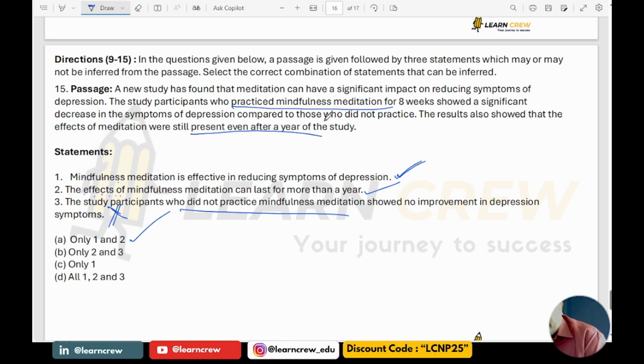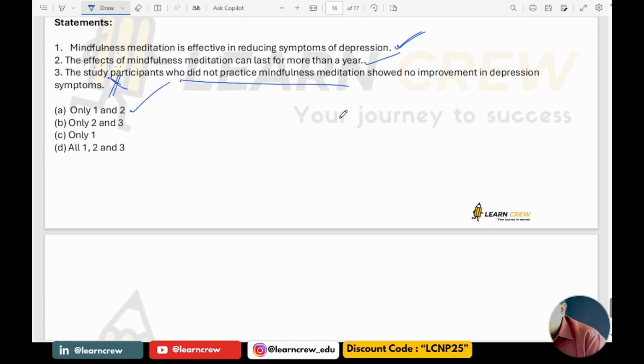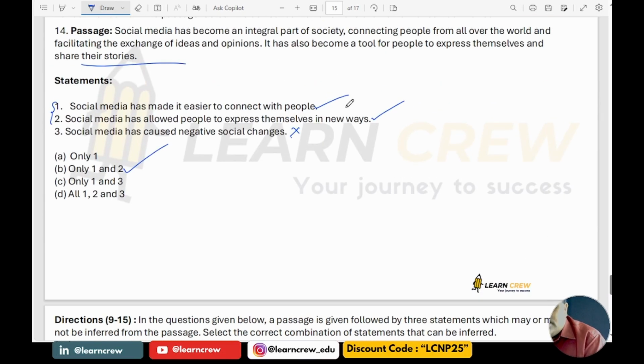Option A is correct. I hope all of you have understood what an inference is and what an assumption is. In the last class, we already discussed assumptions, but here I am just trying to compare assumption and inference, and I have given some 15 questions and we have solved them. In the last class, we worked on conclusions, assumptions, arguments, and course of action. In today's session, we have discussed assumptions and inferences.